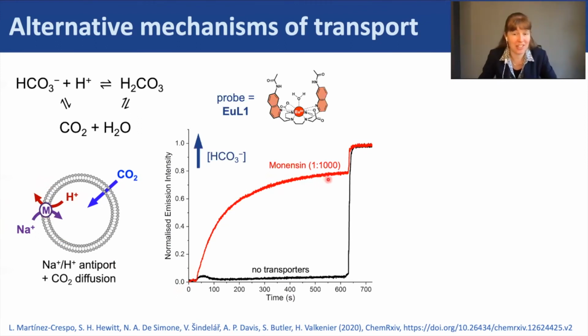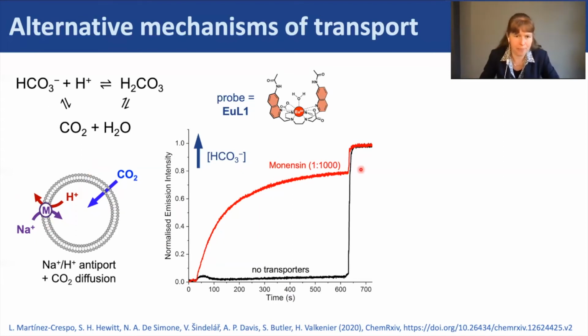But in this case, it's not the bicarbonate anion that is transported, it's CO2 that goes into the liposomes that would acidify the liposomes, but the monensin can get rid of the protons, transporting protons out of the liposomes to prevent this acidification so that carbon dioxide diffusion can continue and the net concentration of bicarbonate